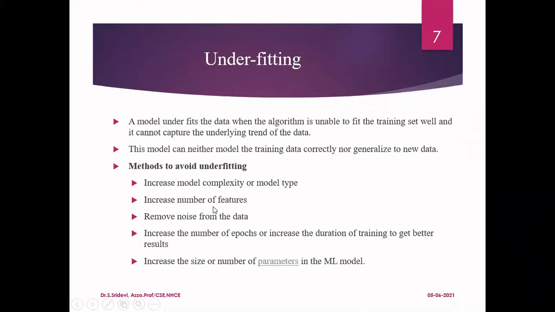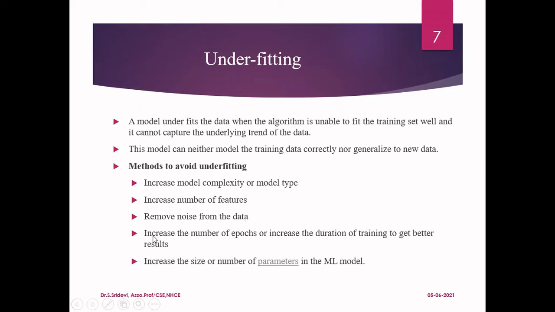That is one way. The second is you can increase the number of features so that the model tries to learn perfectly from all the features. In that way, you can avoid underfitting. The third is remove the noise from your data. If your data has noise, definitely the model is going to learn wrong things only. Whenever you go for any model development, pre-processing is very important. All the pre-processing you have seen in DMML unit 1, you have to apply before you develop the model. The main thing there is to remove the noise from the data.